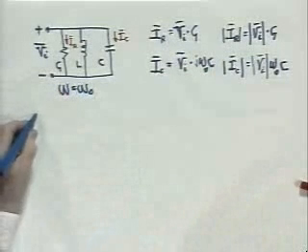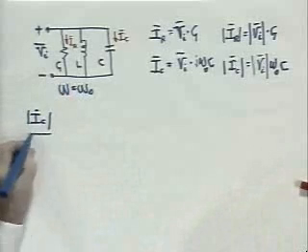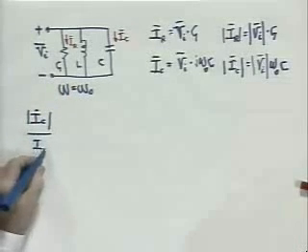So if we take that ratio, the ratio of the magnitude of the current in the capacitor to the magnitude of the current in the resistor,